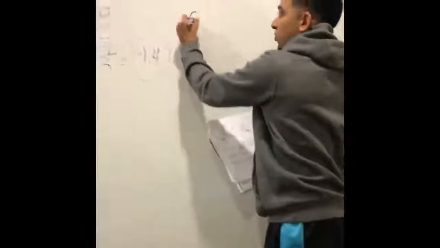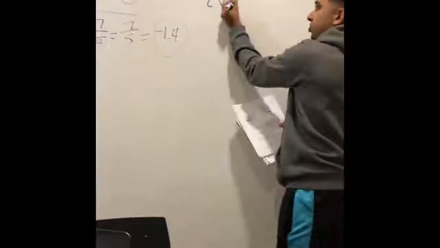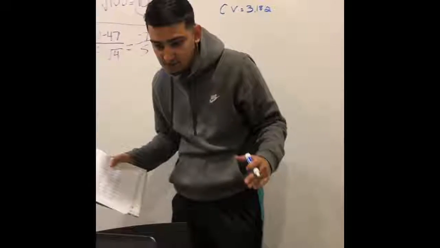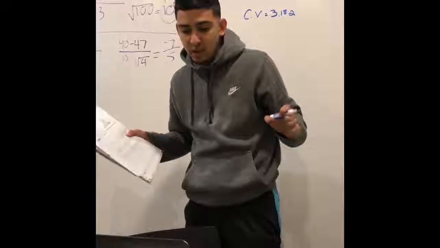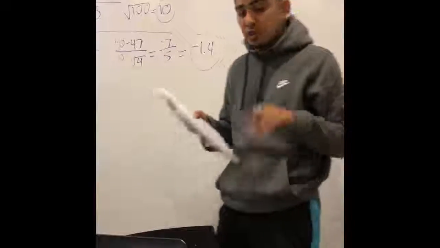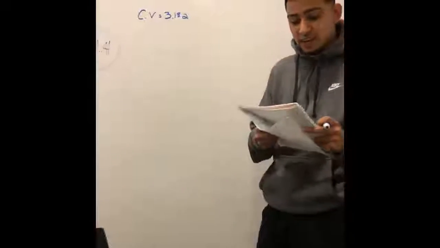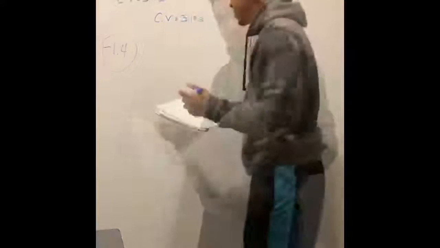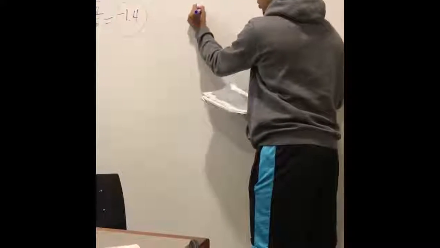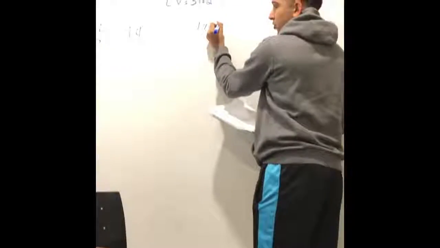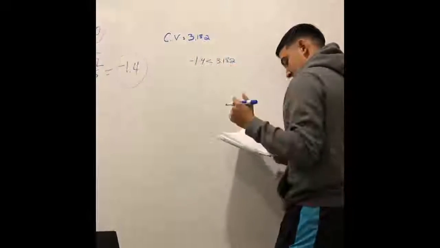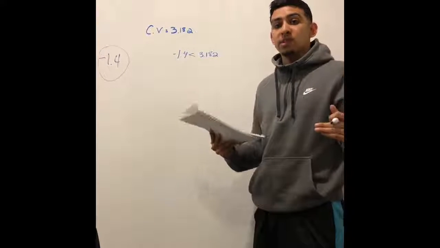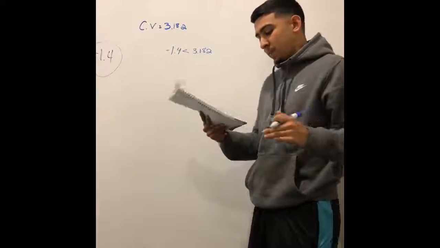So that gives me a critical value of 3.182. The definition of a critical value is the point on the scale of the test statistic beyond which we reject the null hypothesis. This is going to help us figure out the last part of our test, which is to state what we conclude about the null hypothesis. So 1.4, the absolute value of our t-score, is less than the critical value of 3.182. This is going to get us to where we fail to reject the null hypothesis. We fail to reject the null hypothesis.